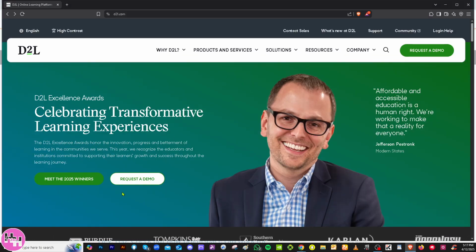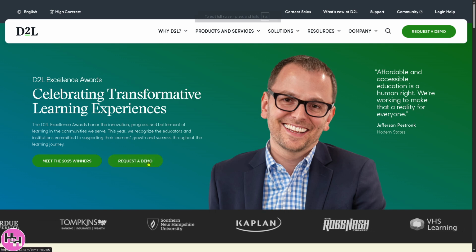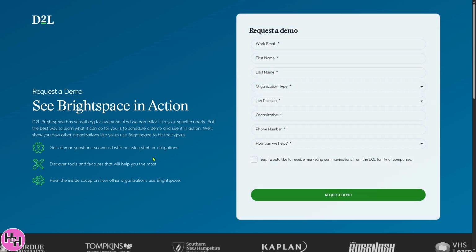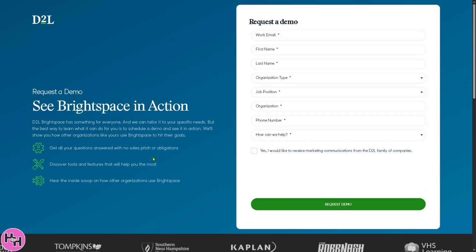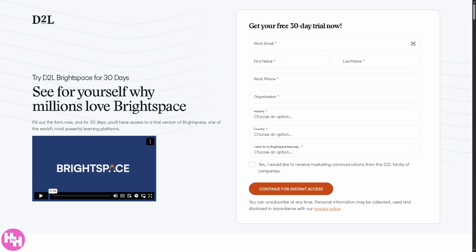D2L.com. On the top corner, you have multiple options. You can simply click the request a demo, provide all the information needed, and one of the sales staff will contact you and schedule a discovery call. But the better option is going to be signing up for a free 30-day trial. All I have to do is simply provide all the information needed, click the continue for instant access, and then